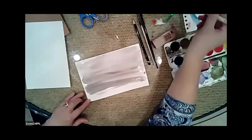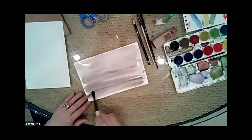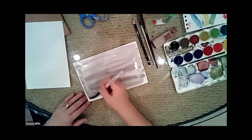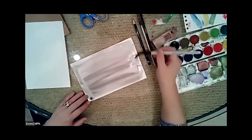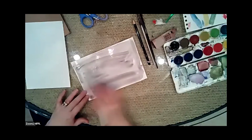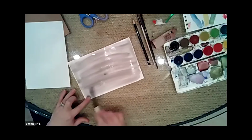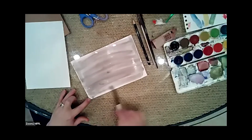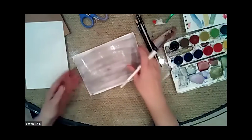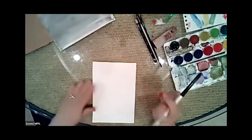And if you've got Sumi ink and you want to use it for this, this is a good exercise for your Sumi ink. Okay, so not hard. I'm just going to leave this to dry. Okay, and set that one right there. This one,